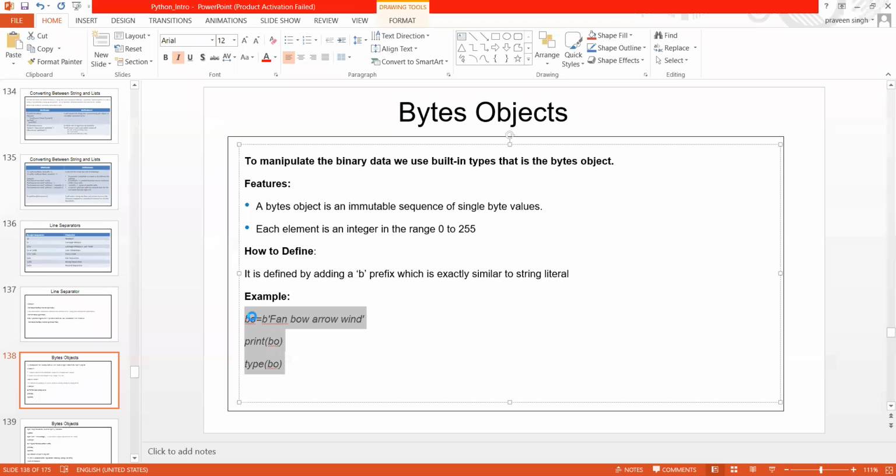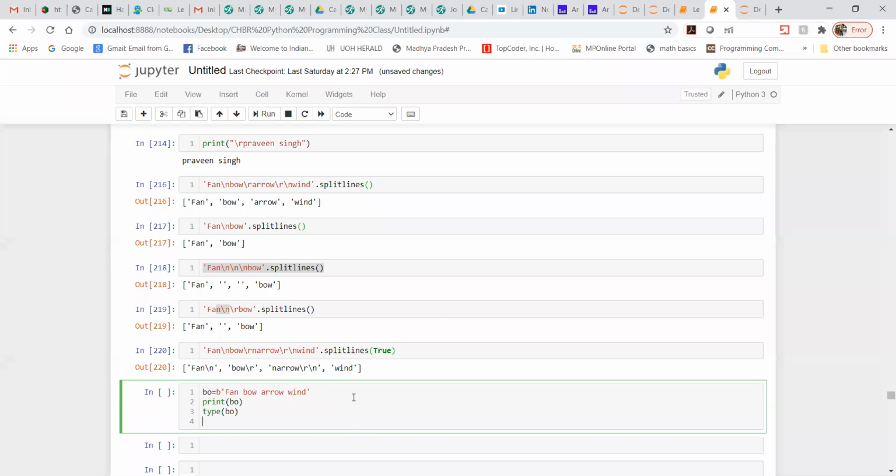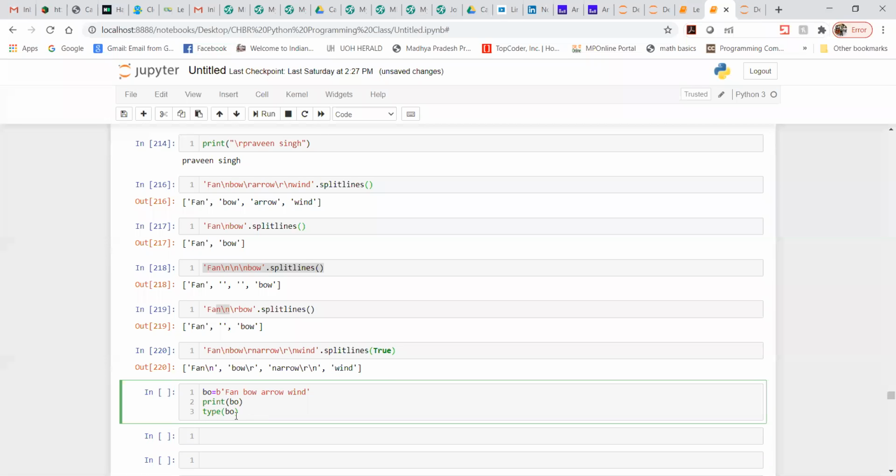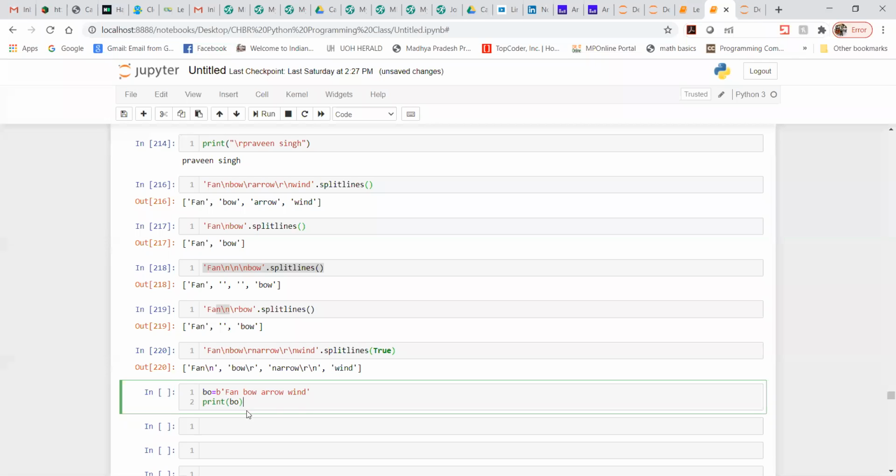Let me take this example and show you on my system. Now you can see I just wanted to print what is written here.